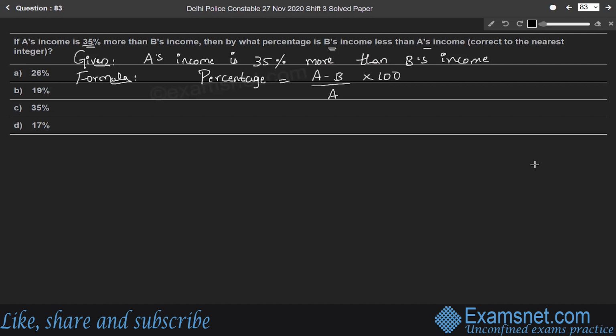So come to the calculation part. Let X be B's income. So let income of B be equal to X rupees. Then income of A becomes,